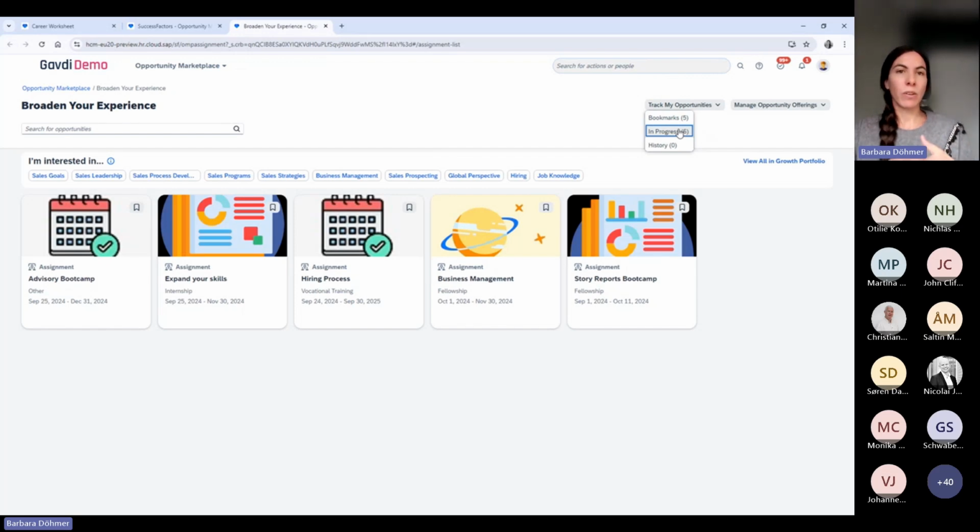You can check the opportunities that you decided to explore, and you are actively looking into those recommendations and working towards developing your career based on those opportunities that you are looking to go into.